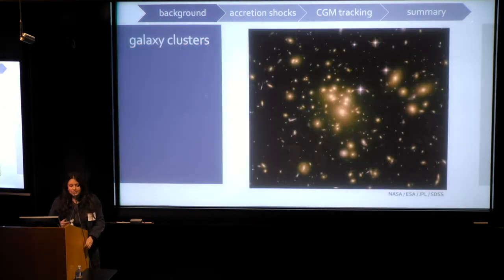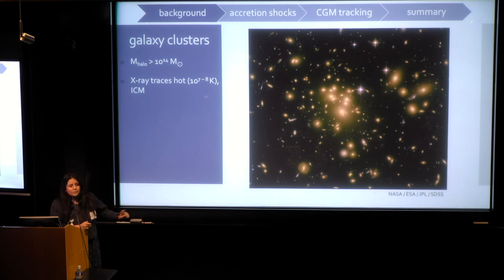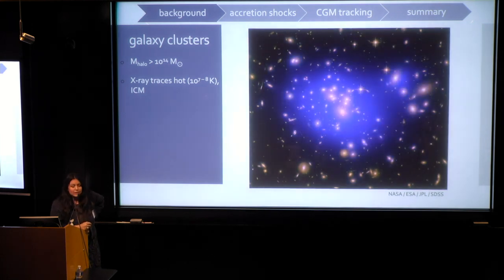So galaxy clusters occupy the most massive halos. We're talking greater than 10^14 solar masses. And they've typically been studied in the X-ray. So this here is an optical image of my favorite galaxy cluster, Abell 1689. If I overlay the emission in X-ray, this is what that looks like. So the X-ray is tracing this very hot, dense 10^7, 10^8 K gas in the